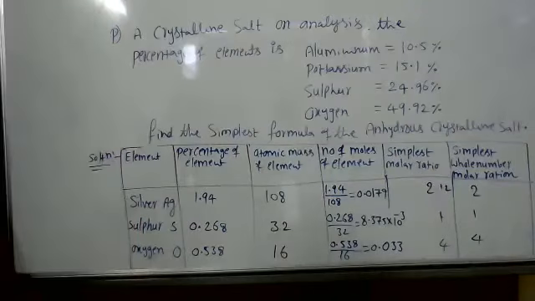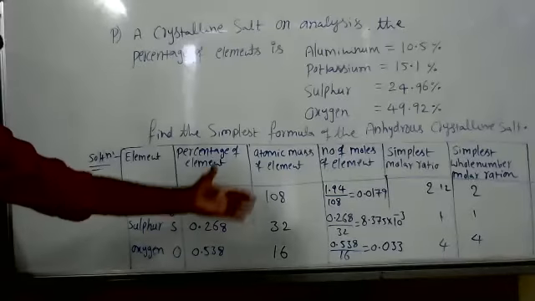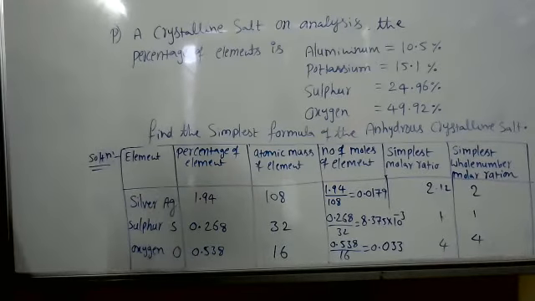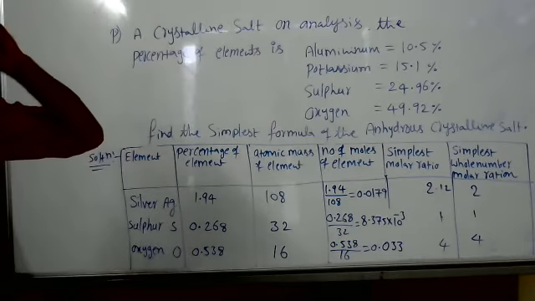So now 4 elements are given. Sir, the sulfur's percentage is half of oxygen's percentage. Almost half of the oxygen percentage, right? Sir, exactly half. Yeah. But you have to go through the number of moles. So calculate, go through that. Don't predict the formula directly from the percentages. You will get it wrong.